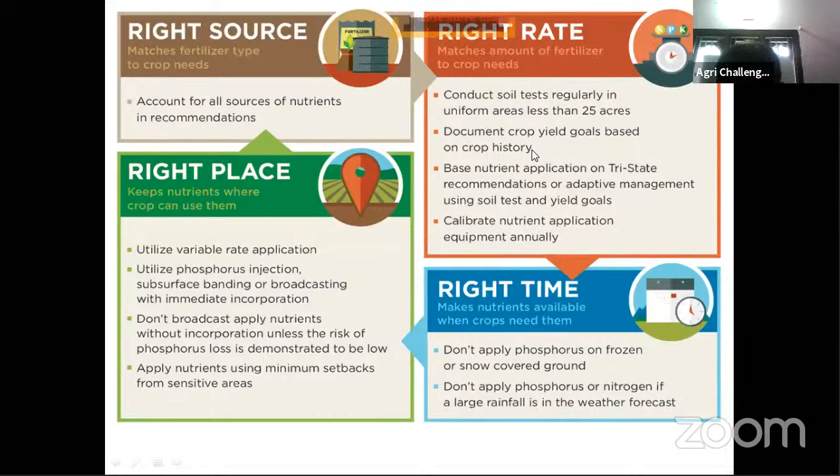Don't apply phosphorus or nitrogen on frozen or snow covered ground. Why? Don't apply phosphorus or nitrogen if a large rainfall is in the weather forecast.